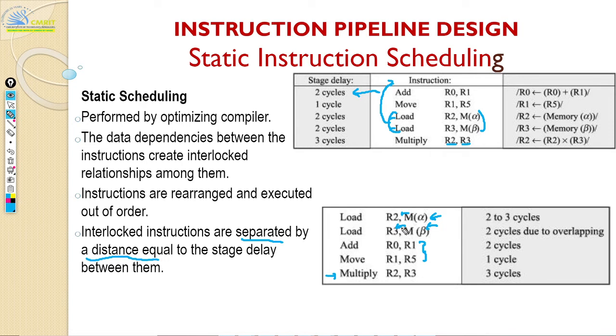Because of this you will save some cycles, and this can be done statically, right? If your compiler itself can do this, your compiler can see that, hey, this load does not have any dependency. So you can have your compiler work this out and come up with a new reordered set of instructions without breaking the code. So that's your static scheduling.